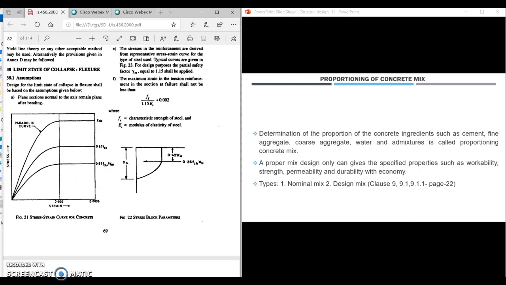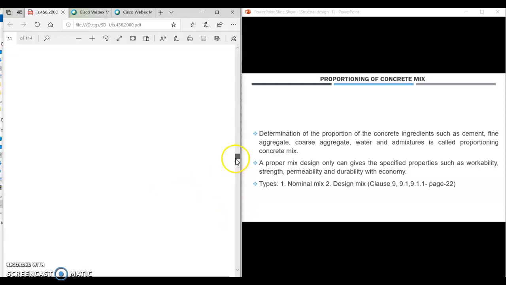Good morning. Today we are discussing the proportioning of concrete. The determination of the proportion of concrete ingredients such as cement, fine aggregate, coarse aggregate, and water admixtures is called proportioning of concrete mix. The proportioning of concrete mix depends upon the properties like workability, strength, permeability, and durability of the concrete. This is specified in page 22,